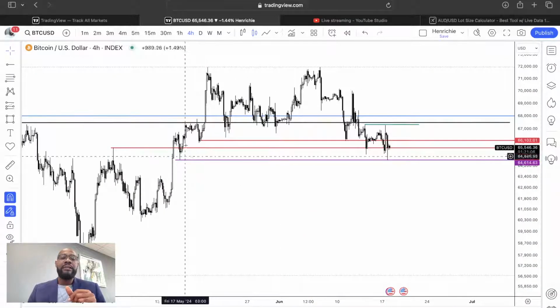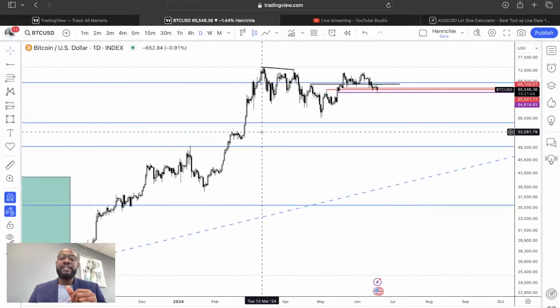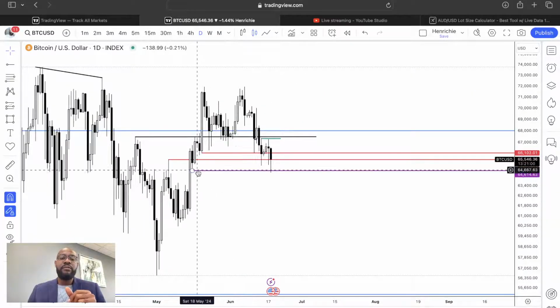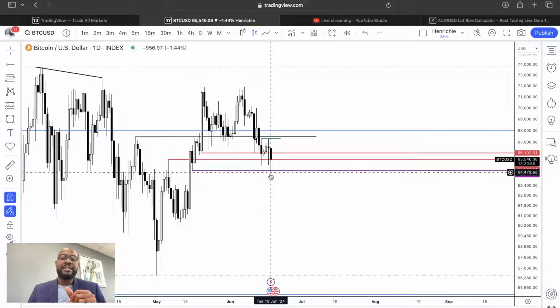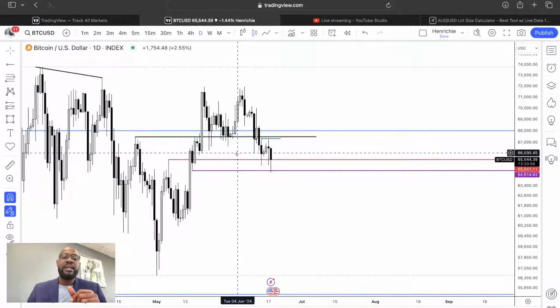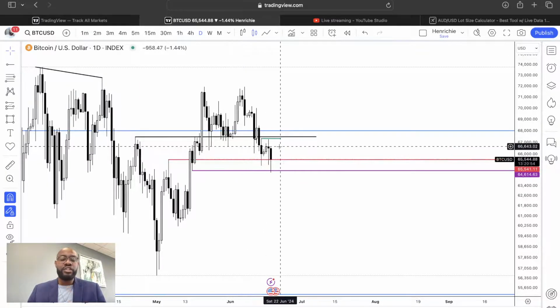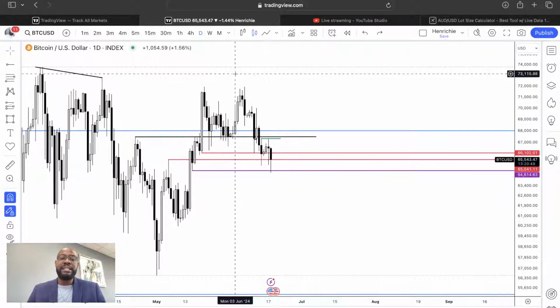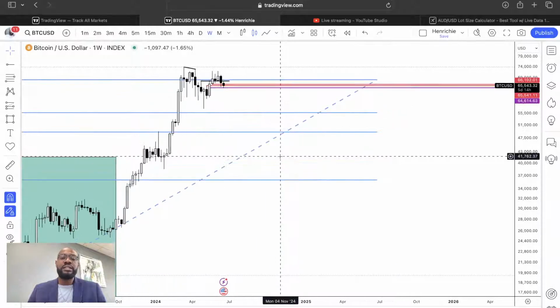As you can see, the key level I outlined on Bitcoin, I said this is the perfect key level for me. If I'm to buy Bitcoin, this is going to be it. Right there, the inefficiency. Look how nicely price came down into that inefficiency, mitigated it. And after that mitigation, you can see a rejection from that key level. But now I'm still watching this closely.